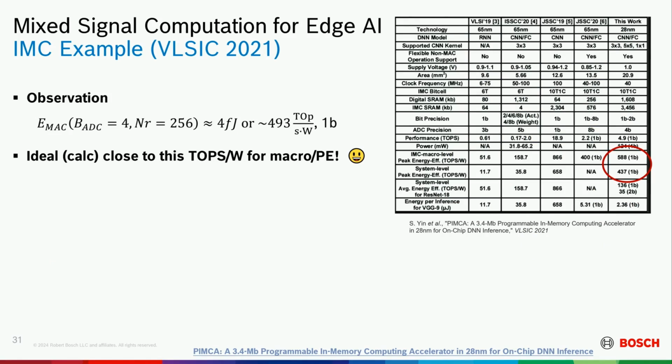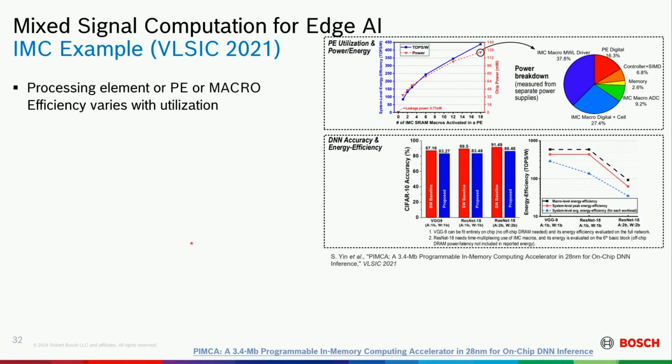So if I plug in my numbers for their equation, that simple equation I did, I get something like 493 tops per watt. It's pretty close to what he reports. Actually, he's got higher than that. That was just a rough calculation, so maybe that's possible. But the thing that I think is more interesting is looking at what the overall macro or PE does, and that's around 35 tops per watt, and that's okay. That's 2 bits resolution for activations and 1 bit for weights.